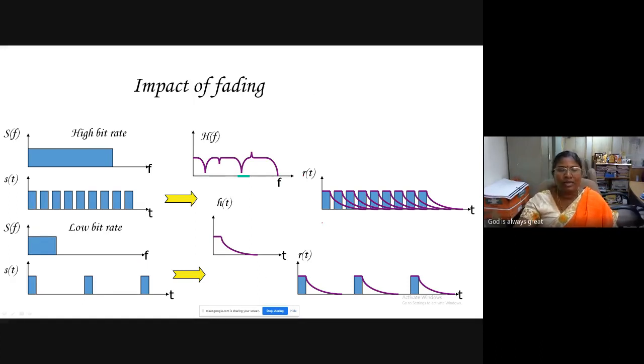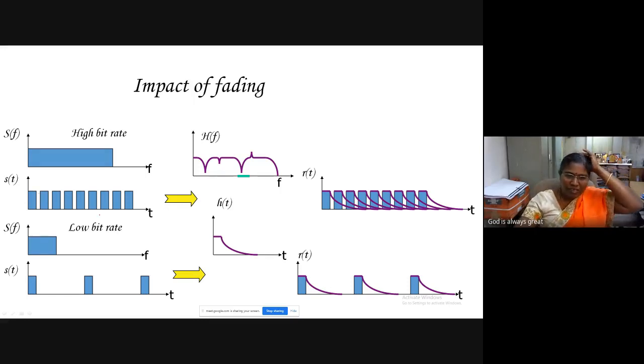Usually we expect higher data rates. So once you transmit higher data rates, inside this we made it a little slower. This is your S of F response. When you look into this as S of T, this is your S of T signal, whose bits are, in the time domain, rectangular pulses. Just to understand a few concepts, we have taken it as rectangular pulses. That is your S of T.